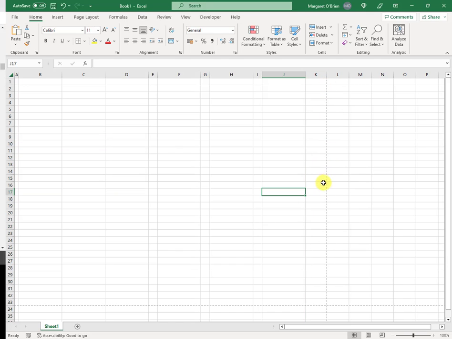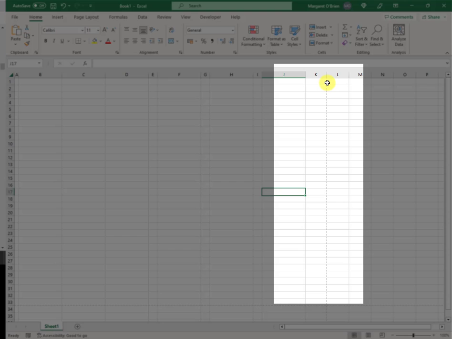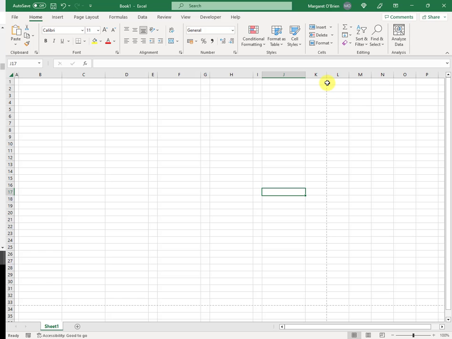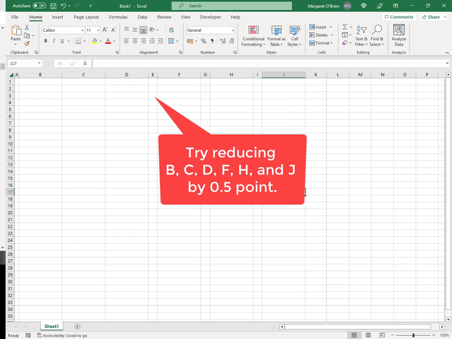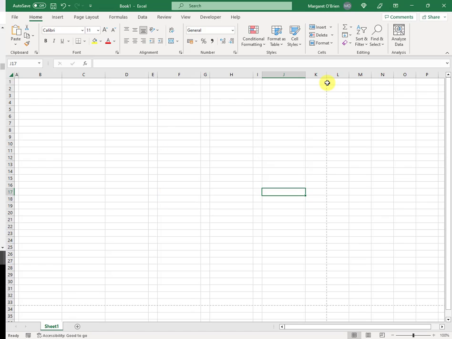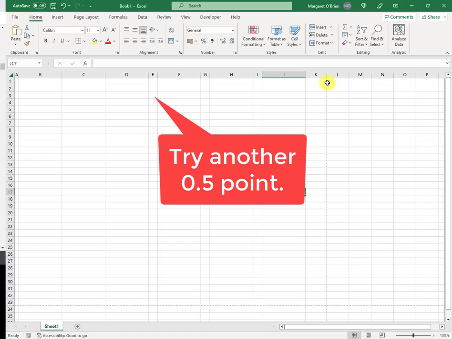That is all, as you can see with the dotted line. This is all within the printed border. If your machine is different to mine, it's possible that with these widths, your column K is falling outside the printed boundary. In that case, you simply need to reduce by a small size some of these columns and see how that looks. See if K has now been brought inside the boundary. If not,